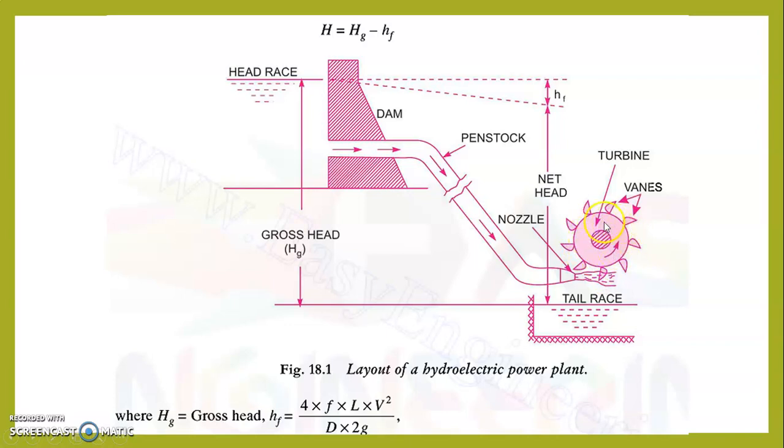Initially the turbine is stationary. After water is hitting, the turbine will be running at some speed. So the turbine got some power. The power of the turbine is called the runner power. This part of the turbine is called the runner, or the power of this is called runner power. So the ratio between water power and runner power is called the hydraulic efficiency. In this portion only, water comes into contact, and this is the role of water. So hydraulic efficiency is the power obtained by the runner in the numerator and the power given by the water in the denominator.